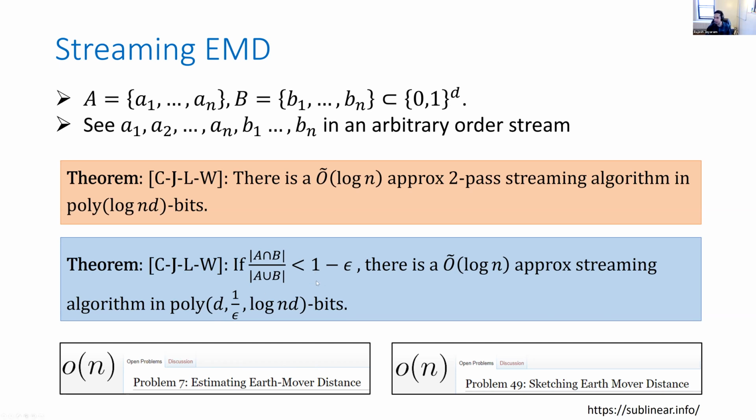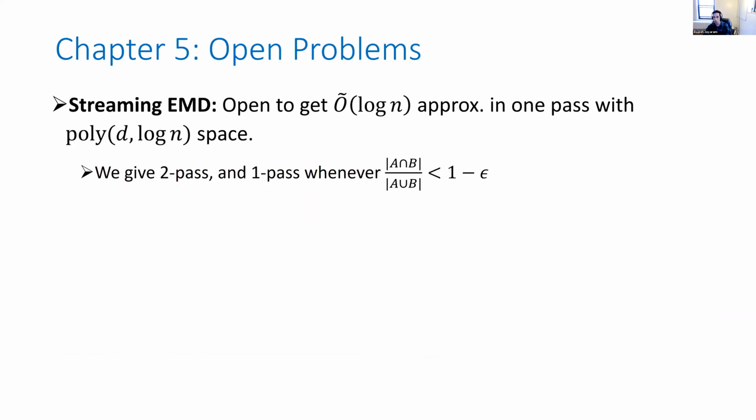Like this, for some reason this doesn't handle the case where you throw a ton of points in A and B on top of each other. They don't cancel out in this analysis. So one open problem is: can we remove this assumption? Can we get a streaming algorithm that gets this new approximation from our new analysis with a small amount of space, not much sublinear in n, there's a lot of points n, in one pass